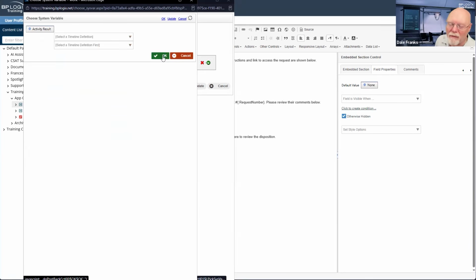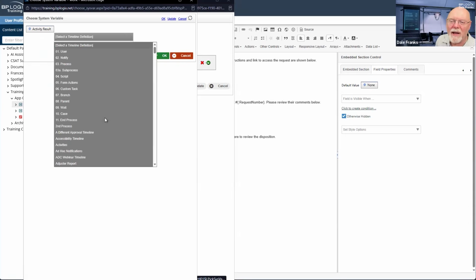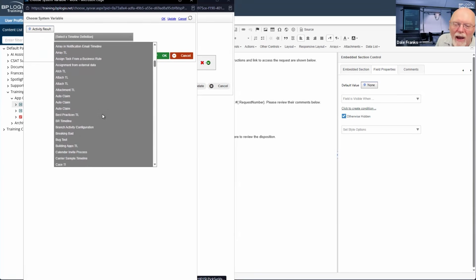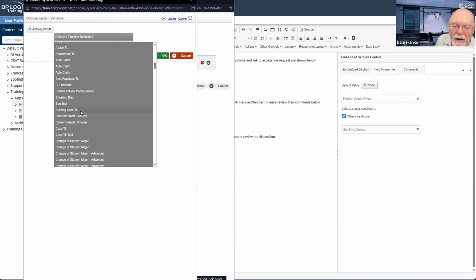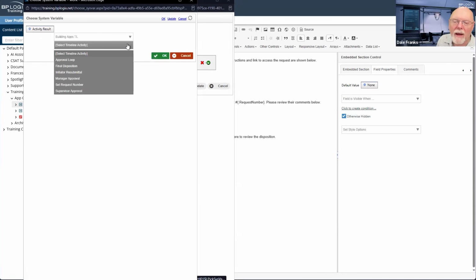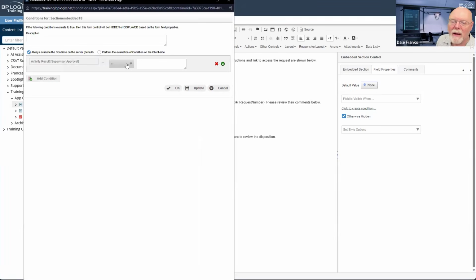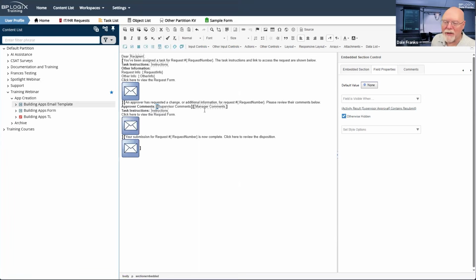Oh, I am in a form template or in an email template. I always forget that I'm in an email template. So I have to manually do this. So building apps TL, and this is supervisor, I think. So if supervisor approval contains resubmit, I want this section to be shown. And then here,